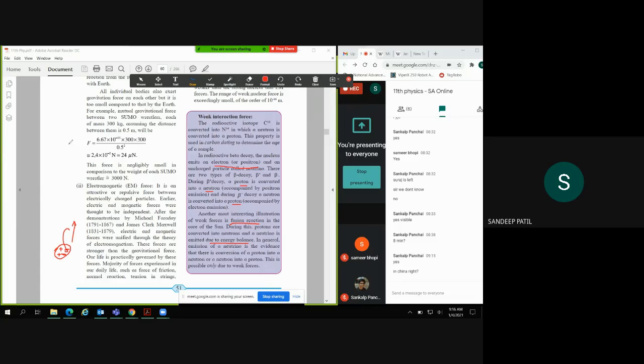Whatever energy they are getting is in terms of heat, so they will try to boil the water. From the boiled water, it will generate vapor, right? And this vapor they try to push onto the